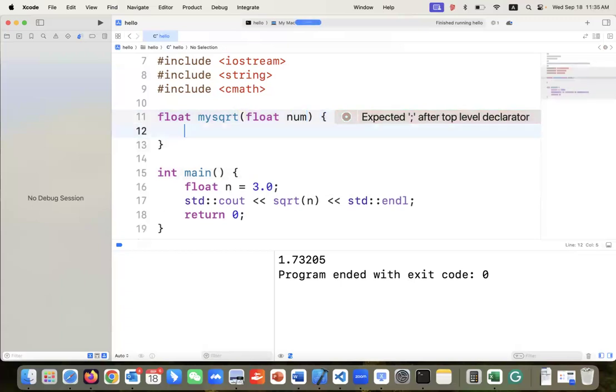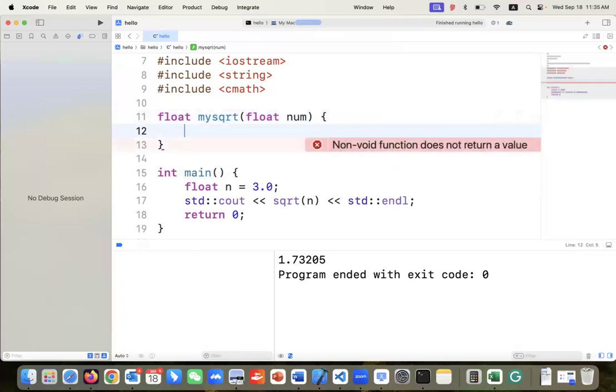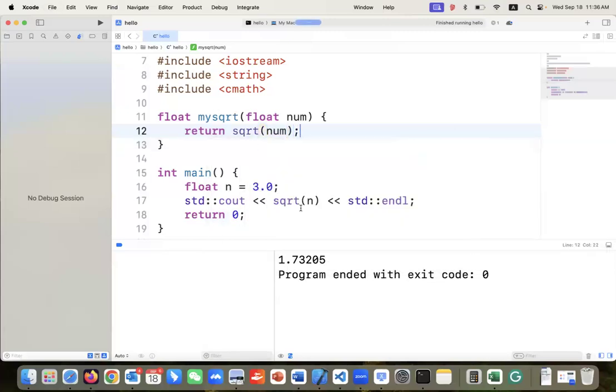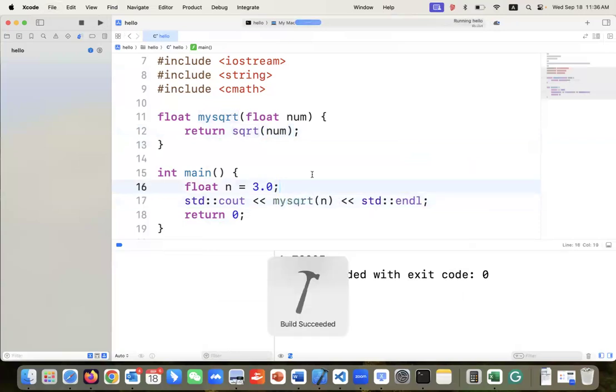You also need to define the body of your function. This is a function; you could return something, a floating point number. For example, you can call another function to return your result, and you call this one my square root. So when you run it,